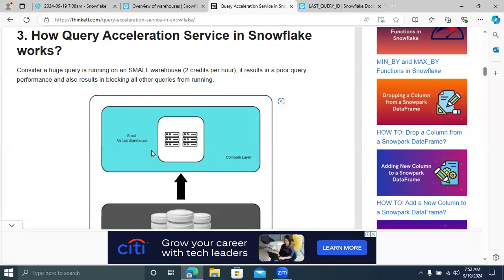And then it will become a blockage for you because I want to run more queries. One query will take more time, so the second query has to wait in the queue. If the first query is not completing its work, the second query has to wait in the queue. That's going to be blocking for other queries from running, because every query will be in the queue. The first query will keep on running because, though it's a small virtual warehouse, you don't have sufficient CPU, sufficient RAM, sufficient resources. That's why the problem occurs.